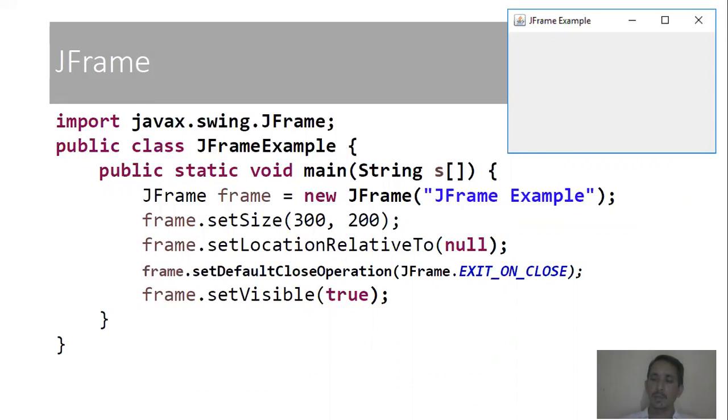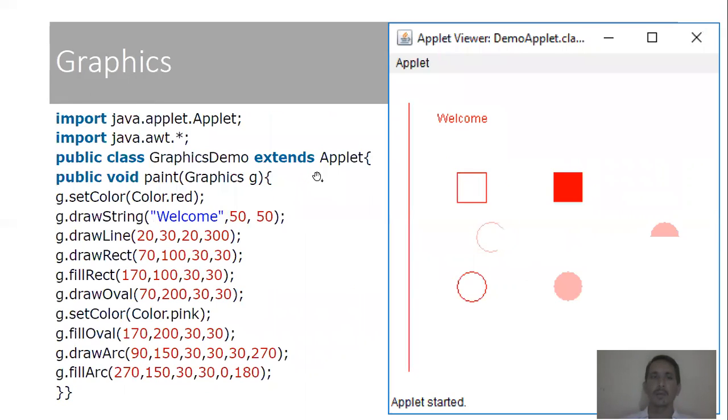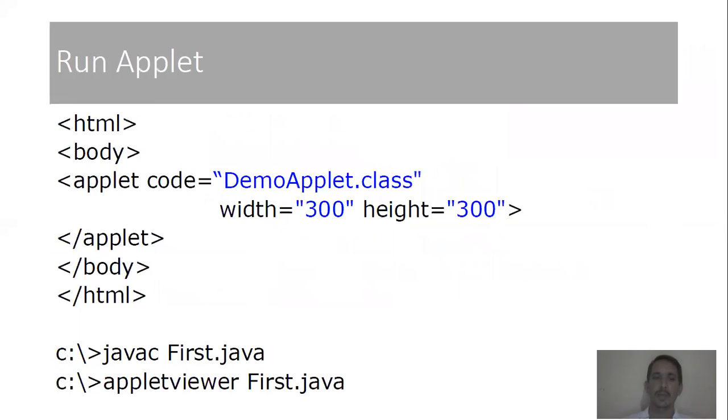For executing the frame, we require the main method, right? To execute the applet, we do not require the main method. That means it is executed by the applet viewer, right? We just compile both the frame and applets, but the frame is executed with the normal Java execution of the program because it has a main method. But applets do not have any main method, and for that purpose we use the applet viewer, and then the file name, not a class name, it is a file name,